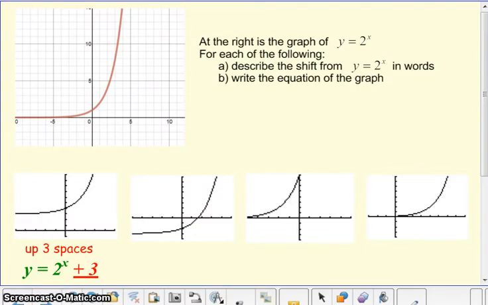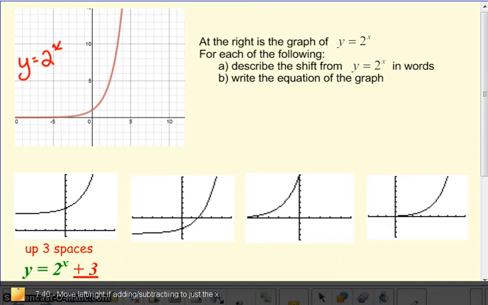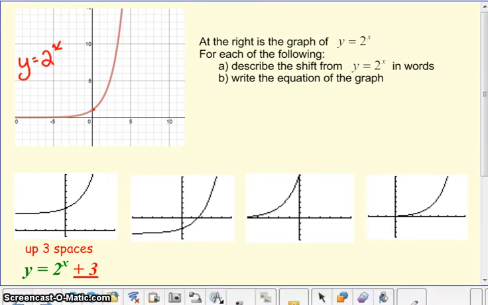So what I did on your notes, and I'm going to ask you to try this and bring it to class finished, I started on my notes by giving you a picture of the graph y equals 2 to the x. I know that that's the graph of y equals 2 to the x. It goes through 0, 1 like we would expect. When x is 1, it passes through 2. So I start with that picture. Now I'm going to take that picture and I'm going to transform it. I'm going to move it around, up, down, left, right,